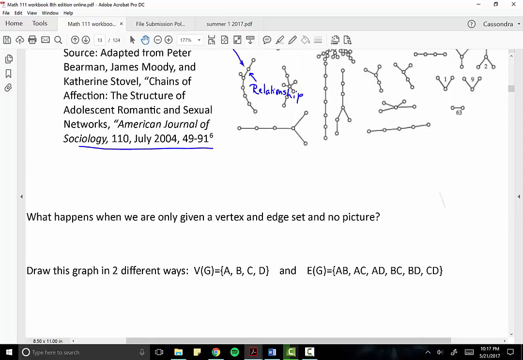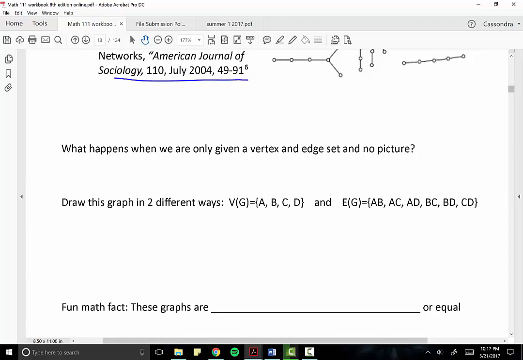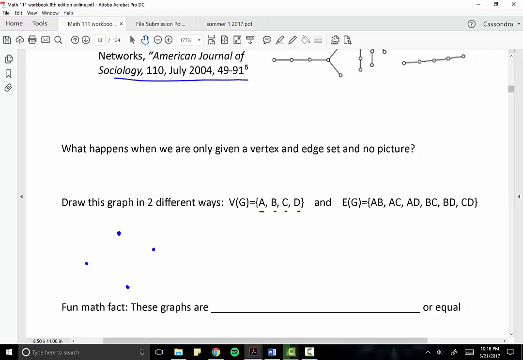So now let's look at what happens when we are only given a vertex and an edge set with no picture. We can draw these graphs in multiple different ways. So we have a vertex set here. We have A, B, C, D. So I'm going to draw that, A, B, C, D, and I'm going to label my graph. Now my edge set is saying I'm connecting A to B,